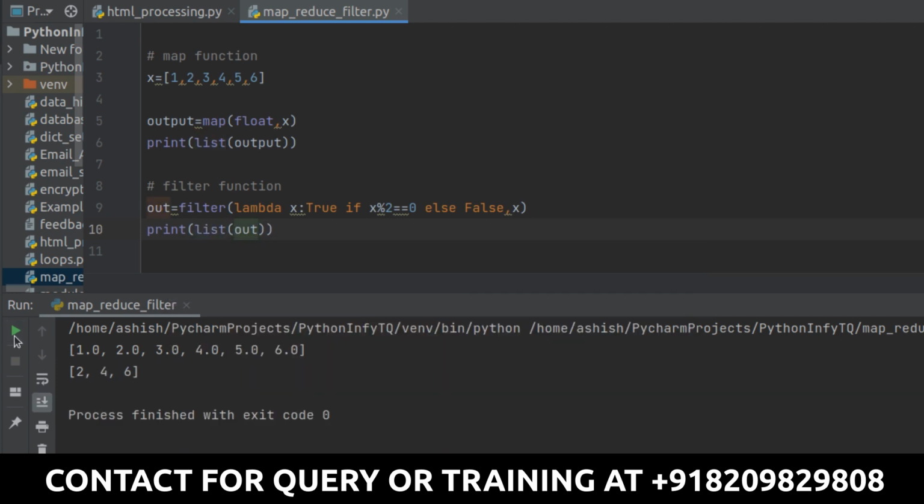Now let's run it. Now can you see, this time for every number which you have got as true or false, you're not getting the output as true or false. Instead, for that particular location, whatever value exists on that place is being returned to you. So in short, all the even values are returned to you. So this is the way you can use the filter function.